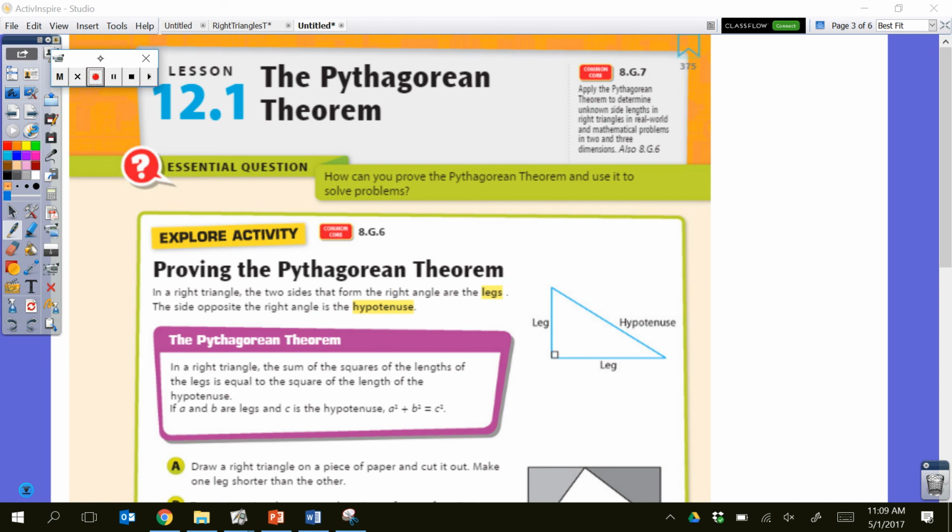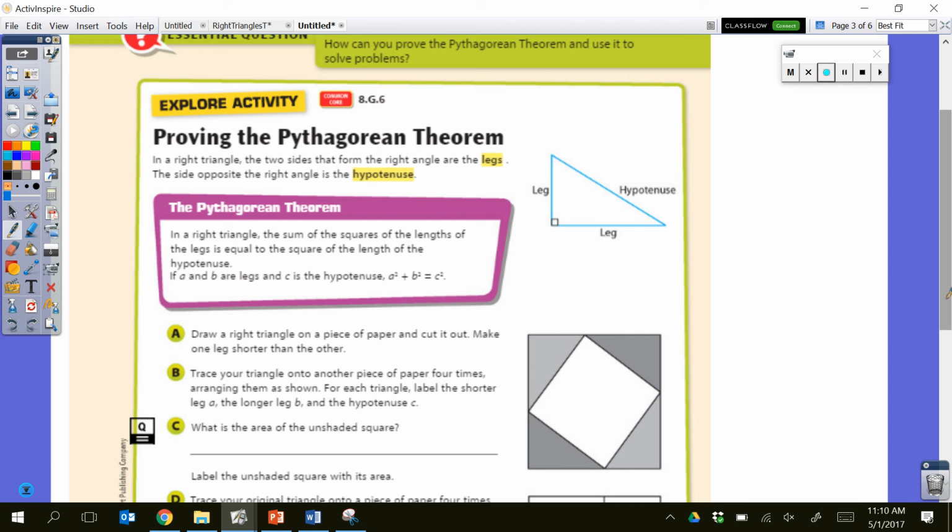All right, Math 8 students, here we are, lesson 12.1, the Pythagorean Theorem. So this is to accompany some of the reference sheet and example questions that we did in class today. And then we're going to take a look a little bit deeper with your Explore activities in this lesson. So first, Explore activity